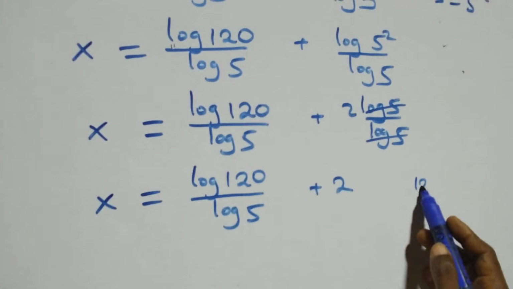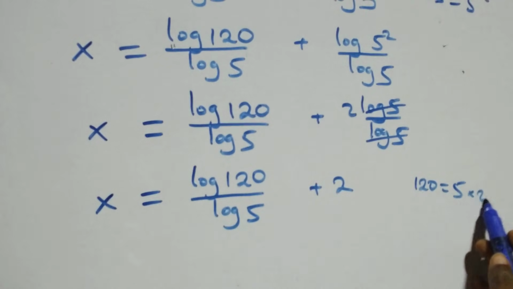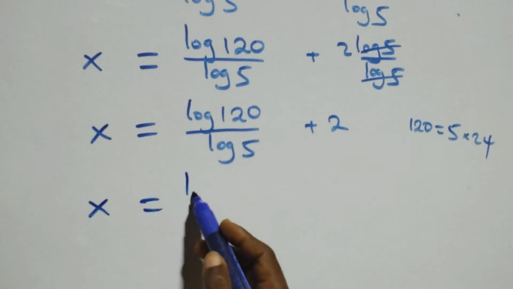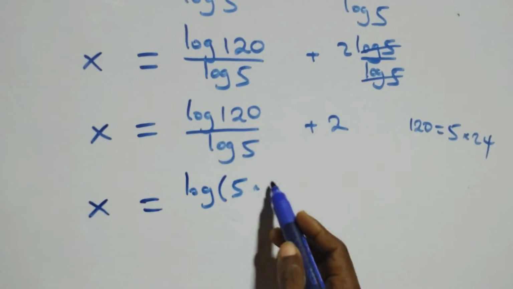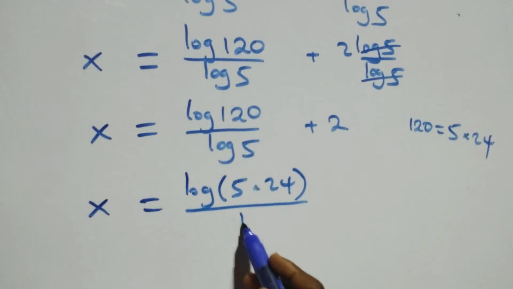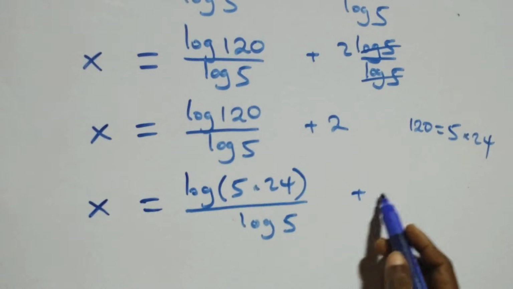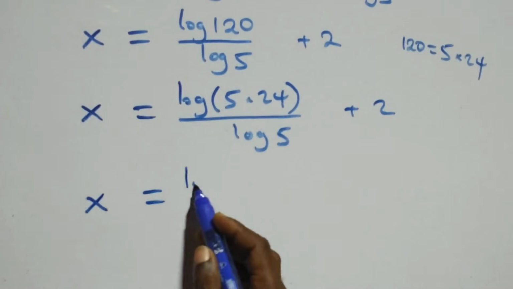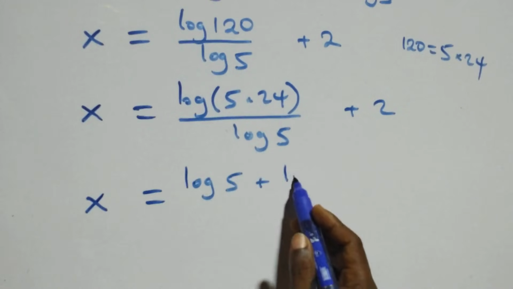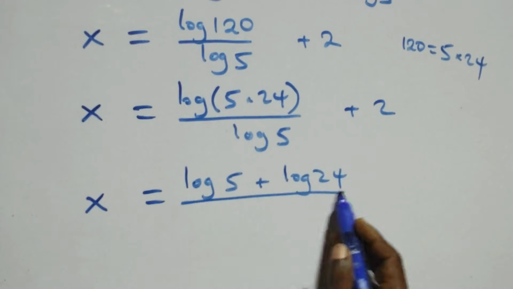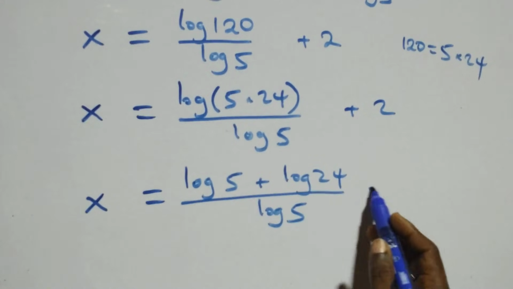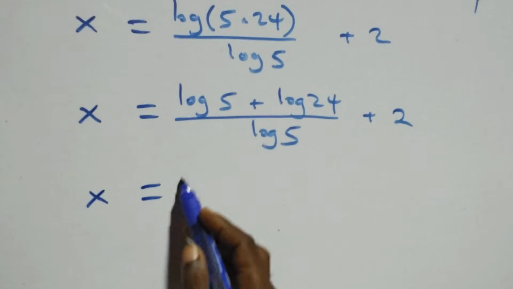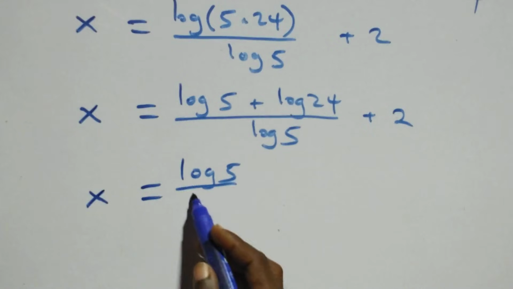The next step, 120 also can be expressed as 5 times 24. Then what we have here becomes x equals log 5 times 24 over log 5 plus 2. And this also follows the law of logarithm, and we have x equals log 5 plus log 24 over log 5 plus 2. And this, we separate it into two fractions,